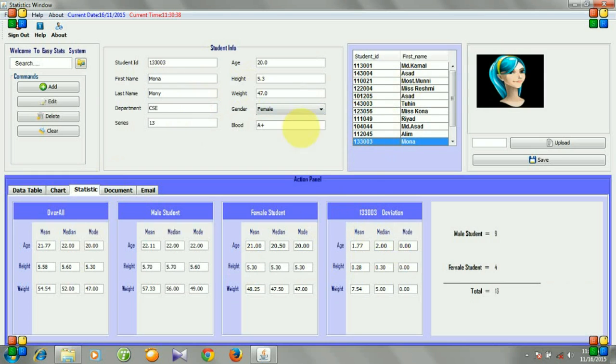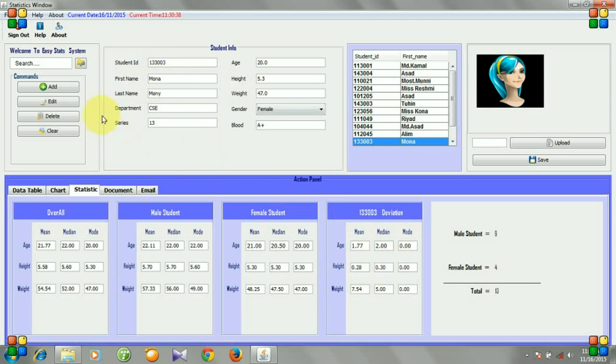And for the student ID 133003, the first name is Mona, last name is Moni. So the mean, median and mode deviation of age, height, weight of Mona Moni is shown here.